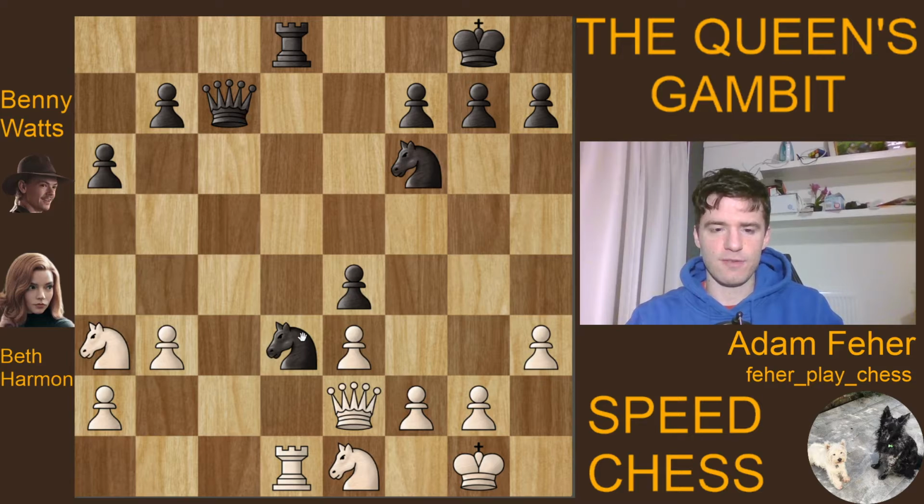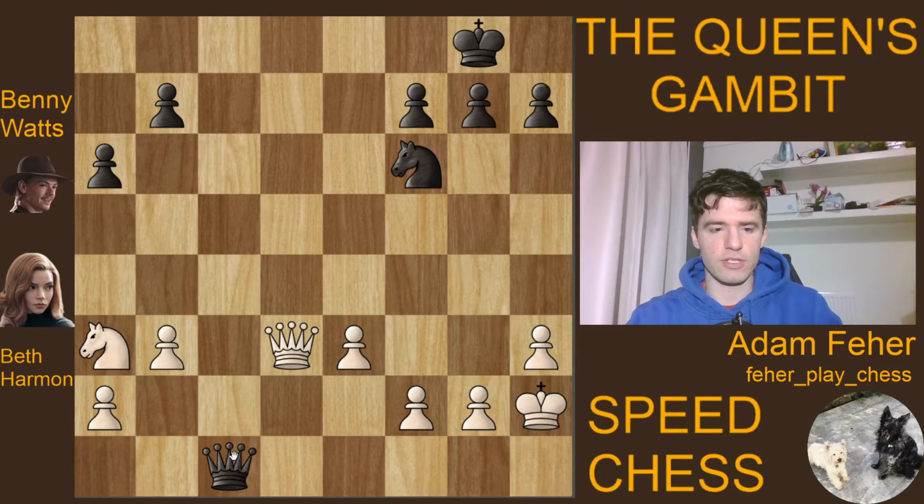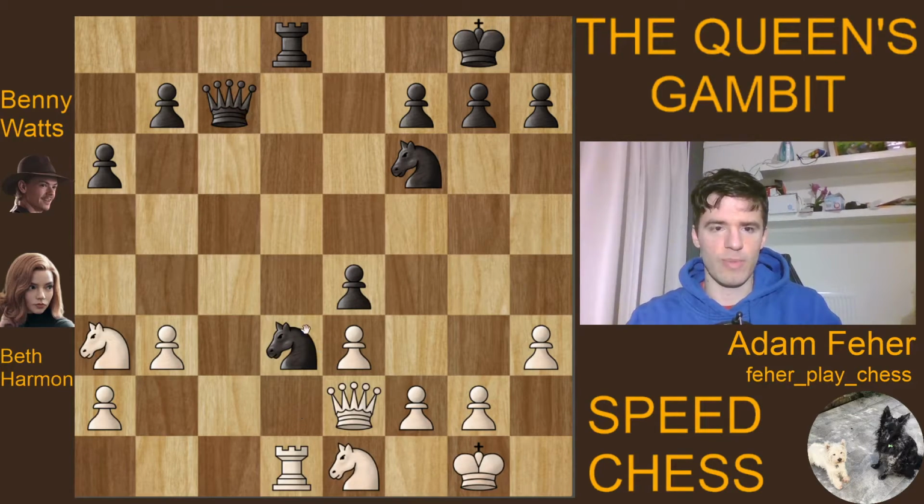The tactical justification is that it seems like you can just take this, and then you have more control over the d3 square. However, black can take, and after queen c1 check, king h2, you're actually winning this knight, and this queen is not only winning the knight, but actually protects the back rank. So after queen d8, you can just remove your queen, and black is simply up a piece. For that reason, white, or Beth, could not take this knight, but plays the move knight c2, finally activating this knight,